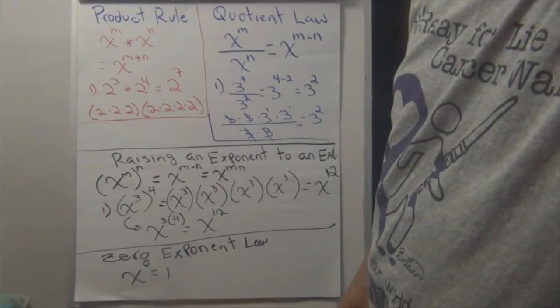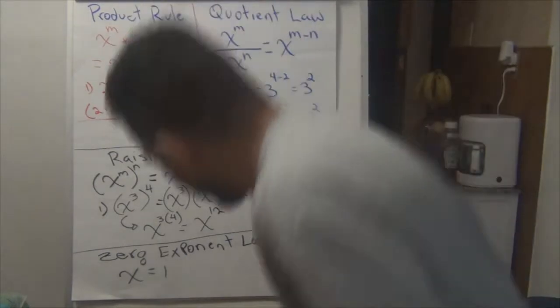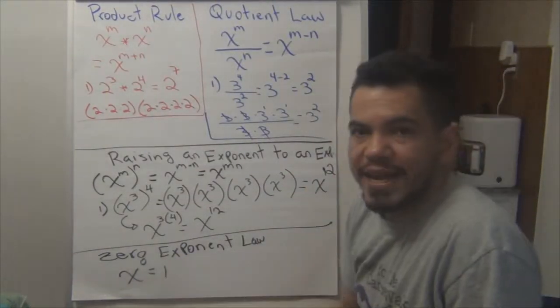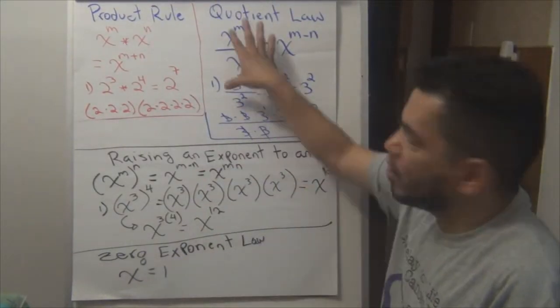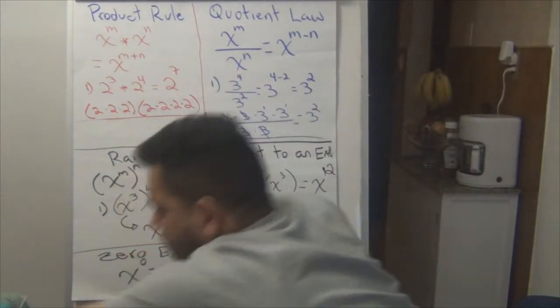So, how does that work? Well, let's create an example based on the quotient rule. So let's say I have,